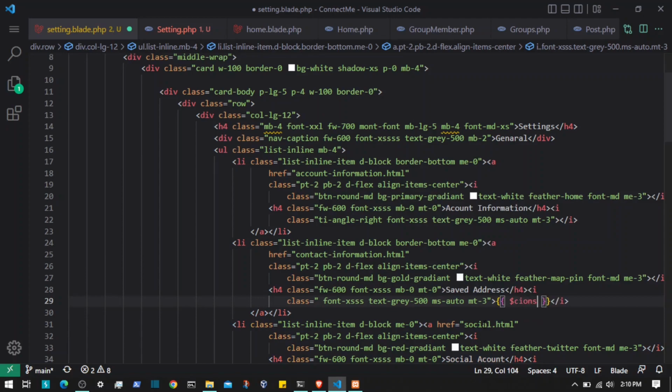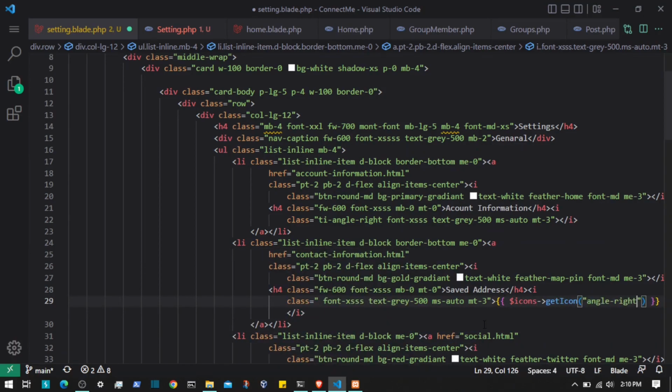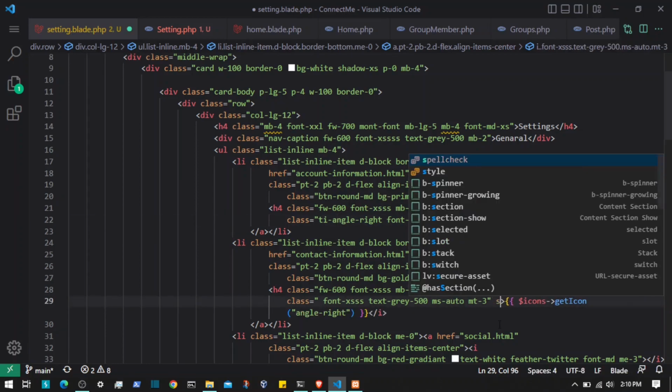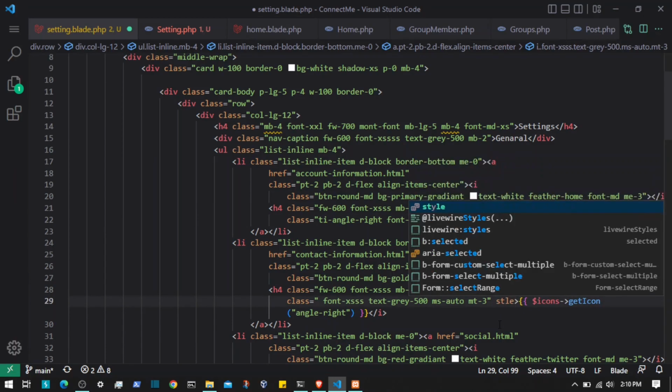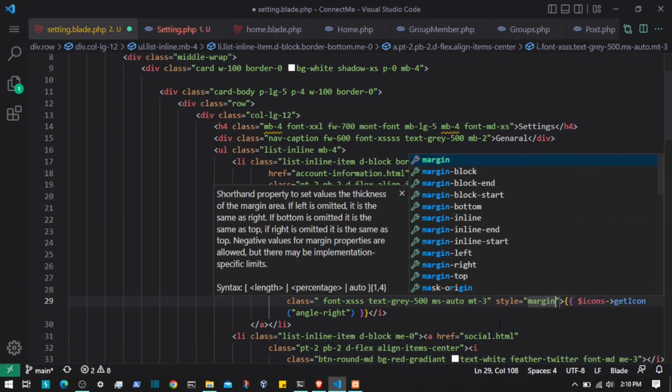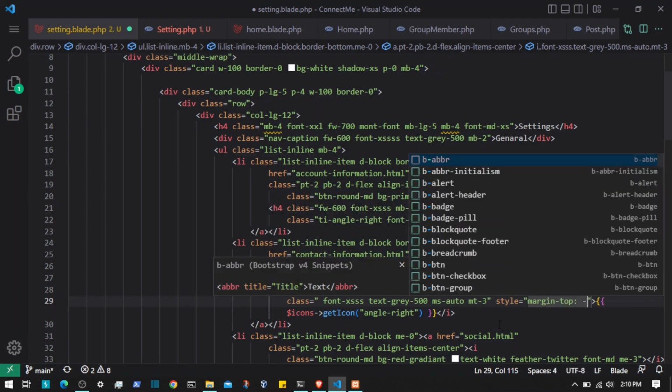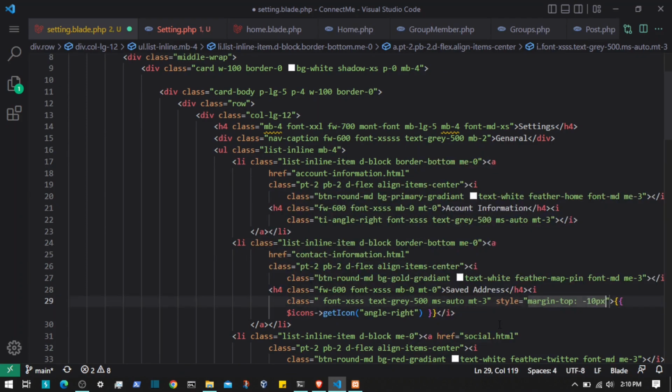So I'm gonna call the icons of get icon, passing the angle right. And do we have any other icon here? Yeah, here we have the angle right as well, like the same. Also we have to add style of margin -10. So margin slash top -10 pixel,